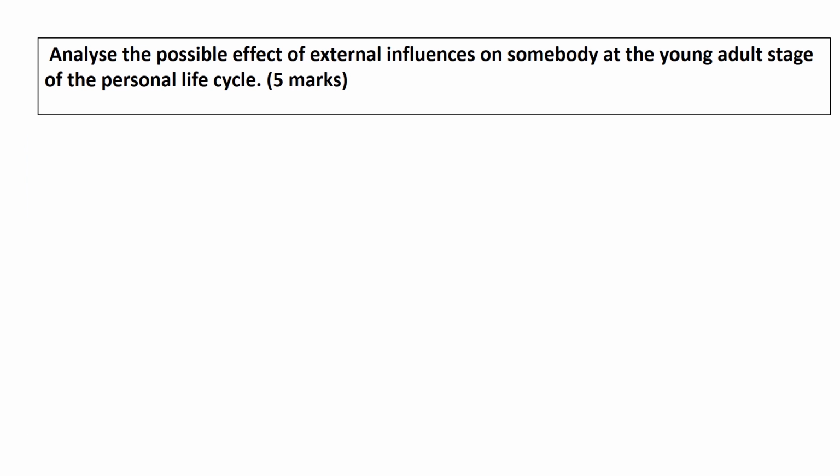Now for this Analyse question, you need to obviously be aware of what the young adult stage is. So that's an 18 to 25-year-old. For this question, you need to give a good analysis of the possible effect of external influences. Quite a number of effects are included and the analysis of them should be quite extensive. So you might include something like